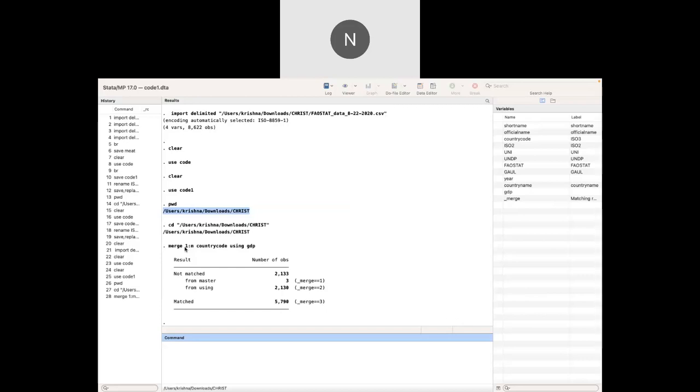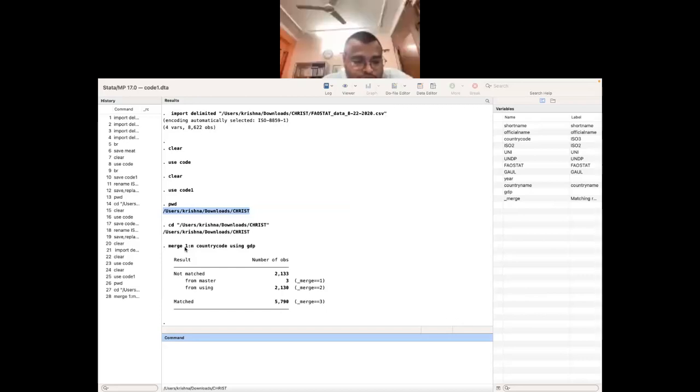So basically, in your master data, where you have quarterly data, you have multiple observations of a particular country. Okay. And in the using data, you have only the country code. So in the using data, you have only one observation of one country, but in the master data, you have multiple observations of one country. In that case, if you have opened the master data, the data set that you have opened is called the master data mainly. So for that you type merge